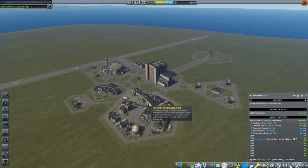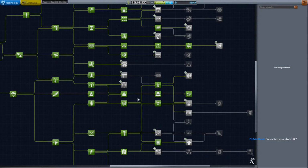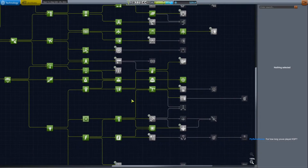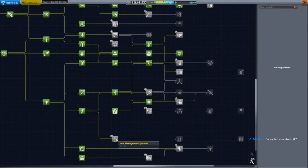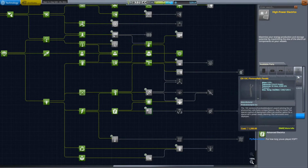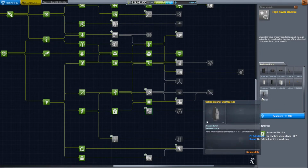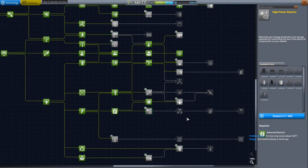Just looking. Let's look at what we got here. I was already sort of eyeing some of these things. I was looking at high-powered electrics. I wrote these things down. Always a good idea. High-powered electrics. What's that get for me? Capacitors. Oh, nicer solar panels. Gigantors. All of that's a good idea. Orbital scanner. Adds an additional experiment to the orbital scanner. That's a good one. And unfortunately, that's the only...